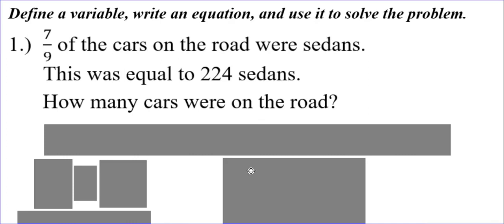It says 7/9 of the cars on the road were sedans. This was equal to 224 sedans. How many cars were on the road? All right,